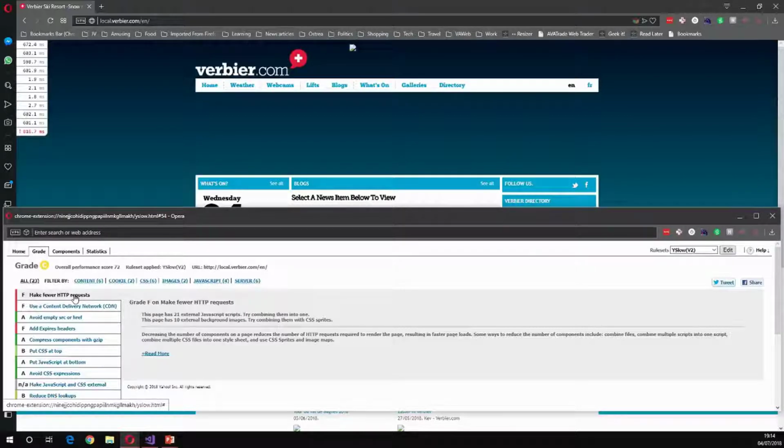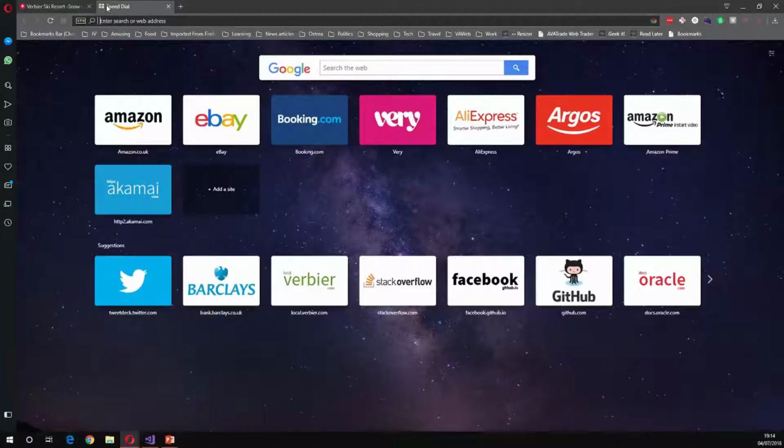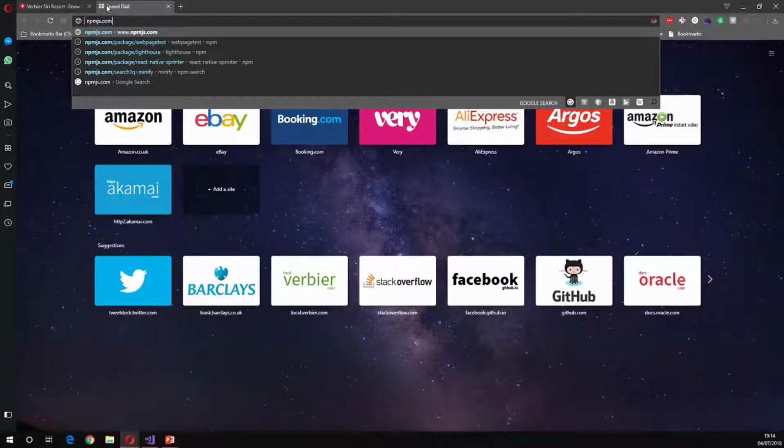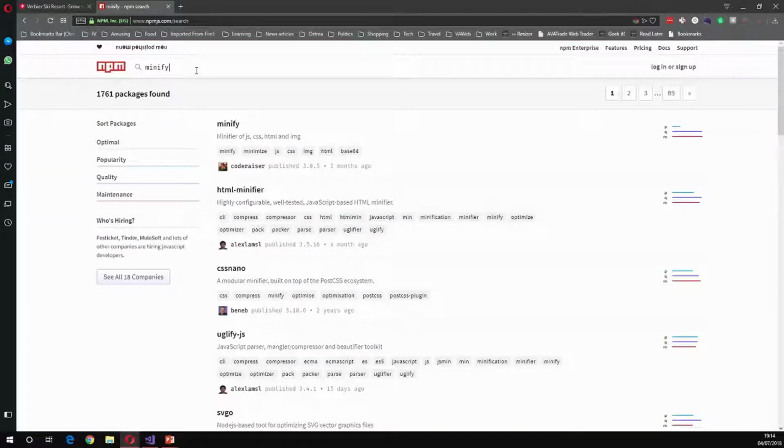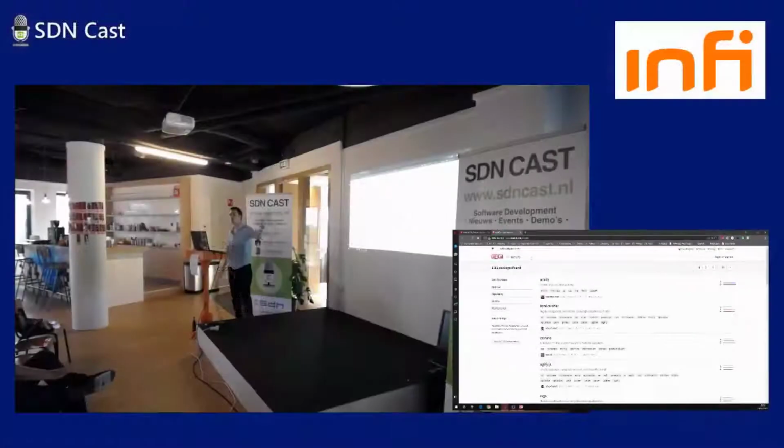I'm not going to recommend a CSS or JS minification tool. If you go to npm, and if I just search minify, there are in excess of 1,700 packages to choose from that will compress and minify your CSS and your JavaScript. Pick one, use one. I don't care which one, but use one. Okay? The only time it's acceptable not to minify your CSS and JavaScript is if you know you have good